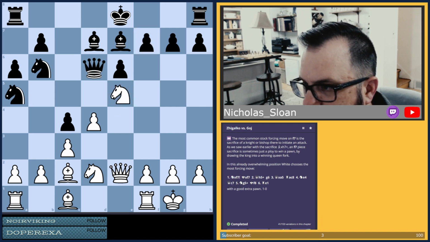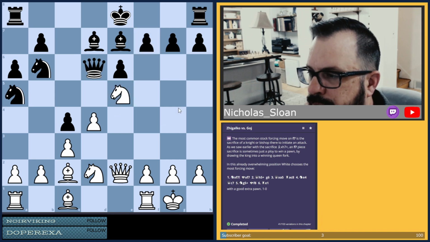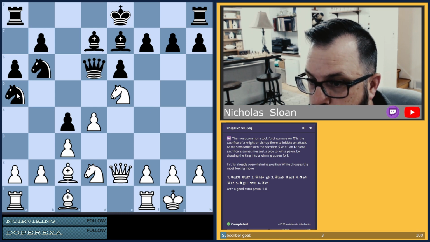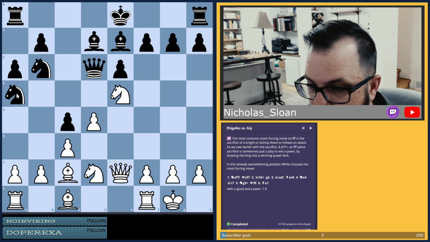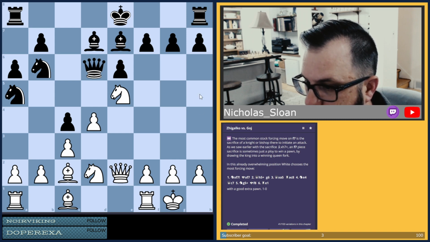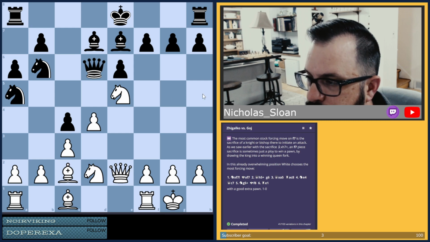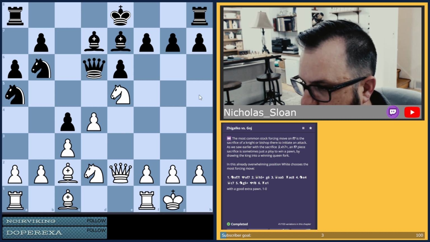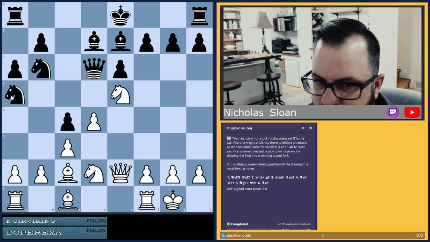So, okay, let's go back and try to understand this. To see all of that from here is extremely difficult. Finding this piece here on a5 though should not be like the tactics. You should be able to see the tactics for queen to h5, queen takes a5.